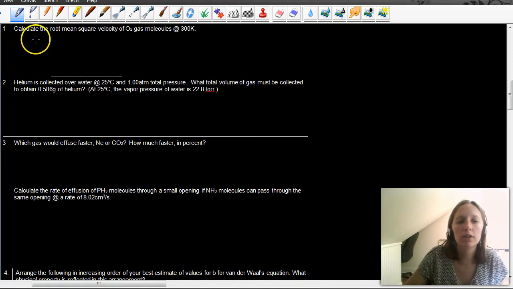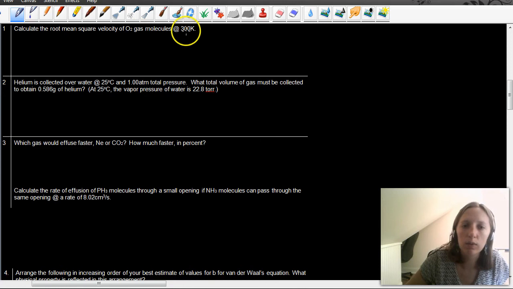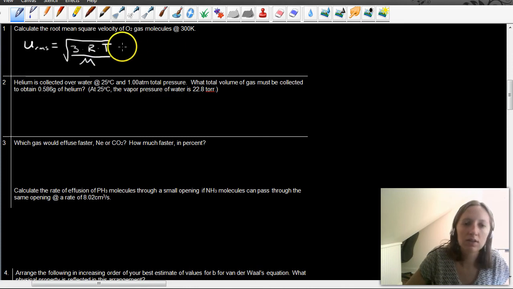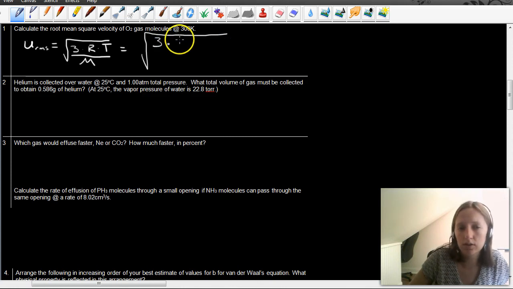All right, question 1. Calculate the root mean square velocity of oxygen gas molecules at 300 Kelvin. All right, so that's going to be this formula. There's only one number there. Look at that. Whee! That's going to be u RMS equals the square root of 3 times R times T over M. All right, and that's going to be the square root of 3 times, and it's important to remember this is an energy related formula, so your R is going to be 8.3145 times temperature, which is 300,